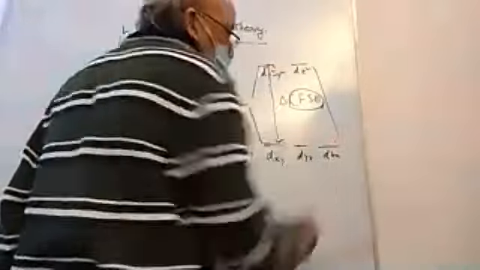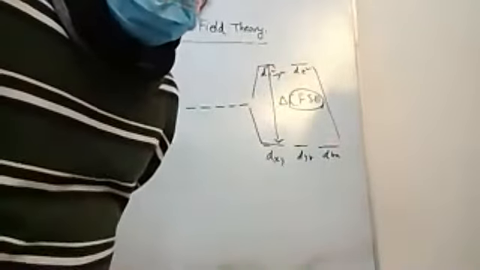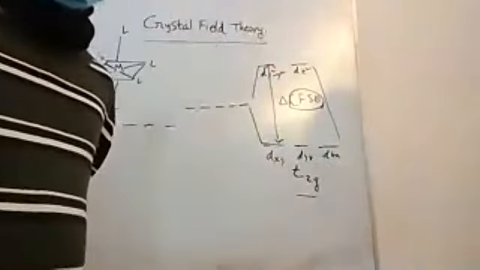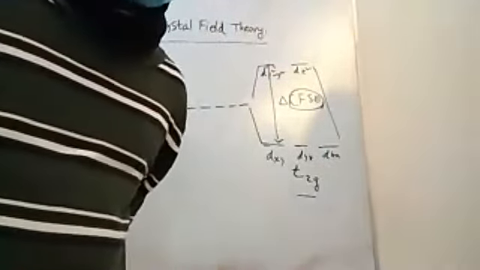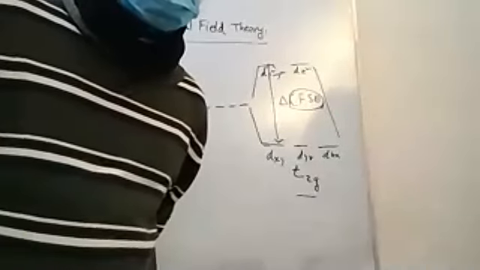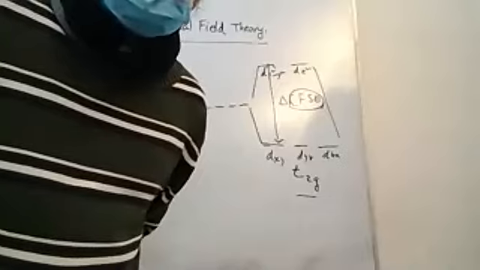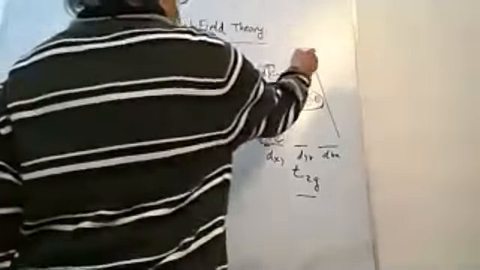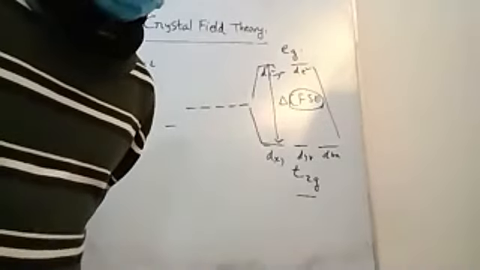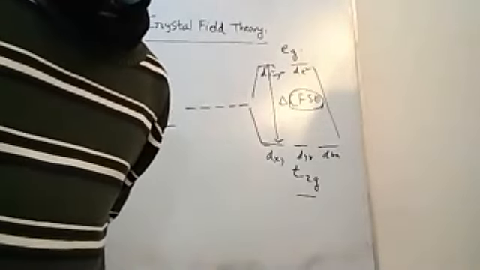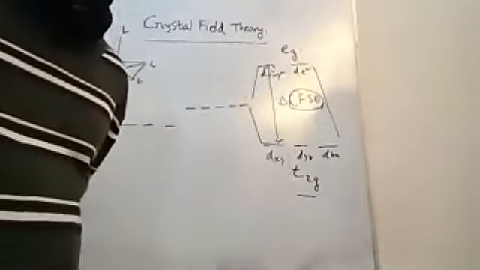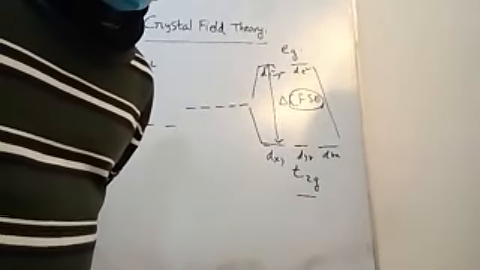The three triply degenerate orbitals are collectively known as T2g. Remember, in the point group classification, T means triple, right? So T2g means they're triply degenerate orbitals with gerade symmetry. And the top two are Eg. E means doubly degenerate, again gerade. So there's a T2g, Eg splitting of orbitals, right?